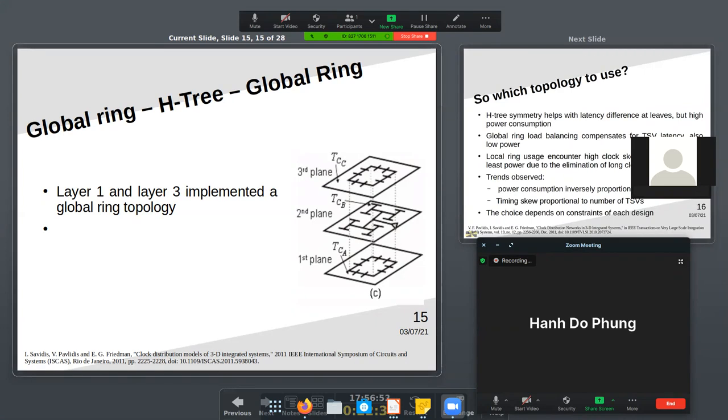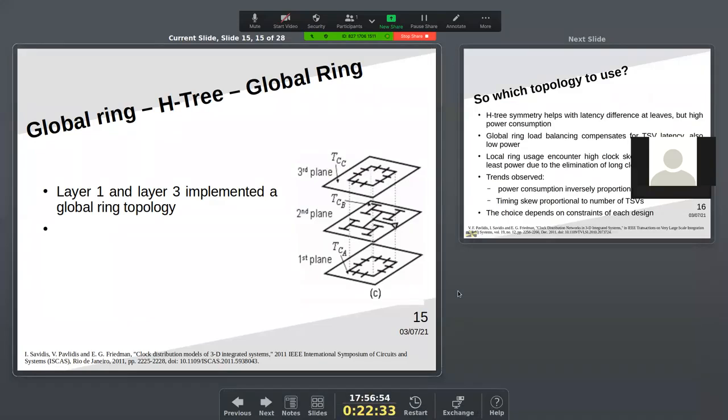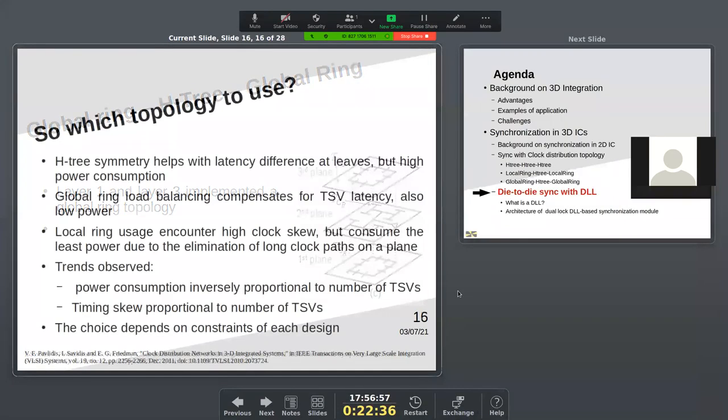So after looking at all the three topologies, we have to decide on which one to use and what will optimize on what. So for the H3 symmetry, the H3 symmetry helps with the latency difference at the leaves. As you can see, it's a very symmetrical topology which guarantees this. But in exchange for that, the H3